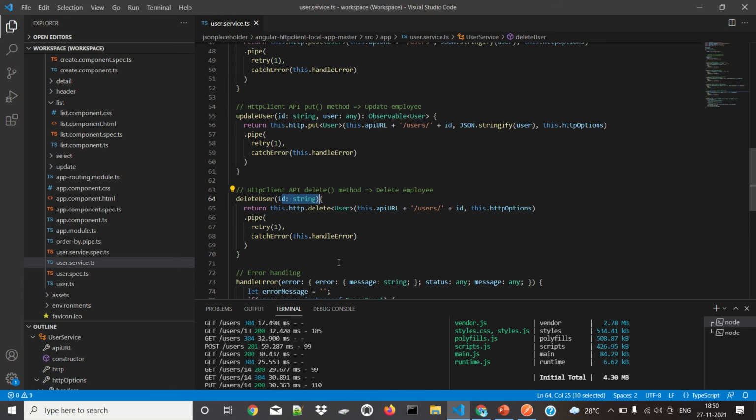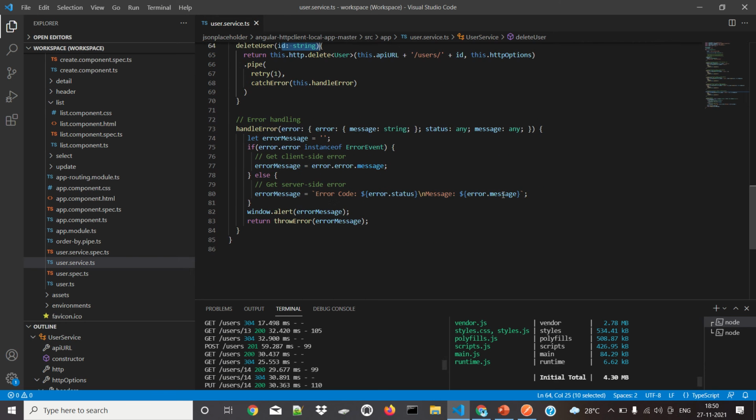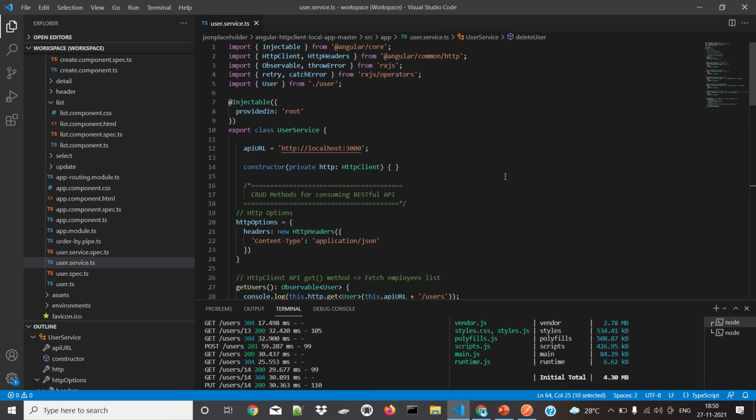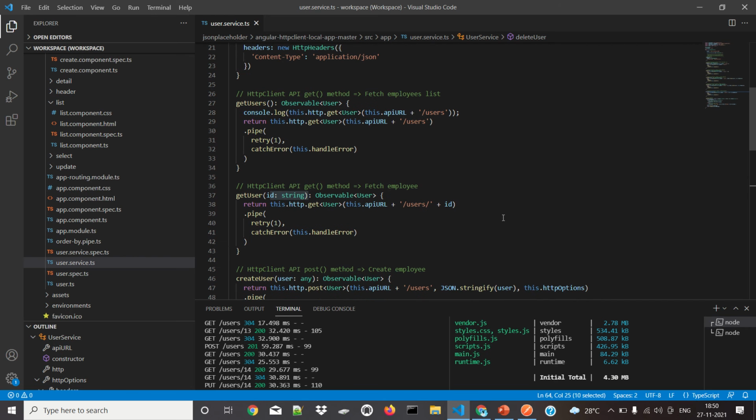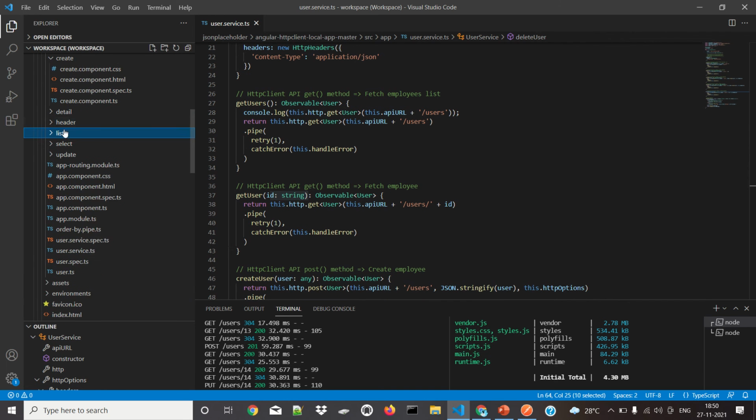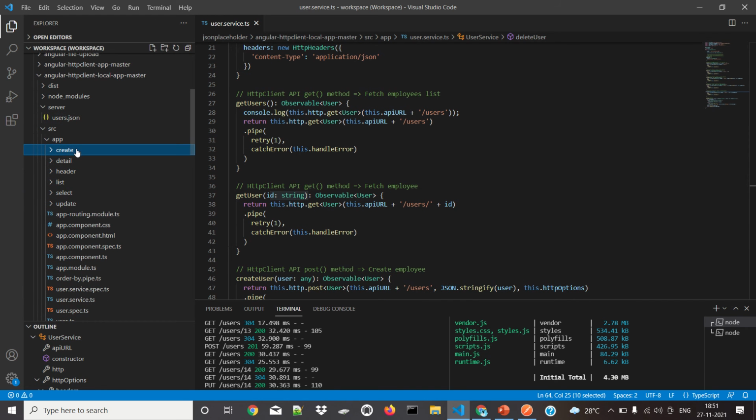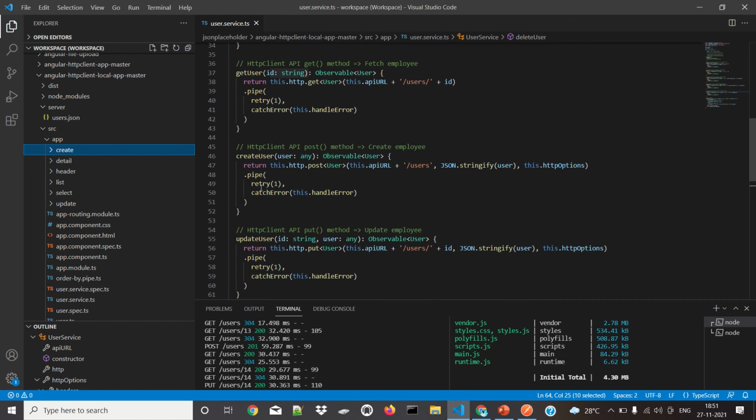And we have the handle error method. This is the important one in this application. We are going to use all these methods here. If you see, for creating a user, we have to use the create user method, which will have a post method, and we have a detail method.